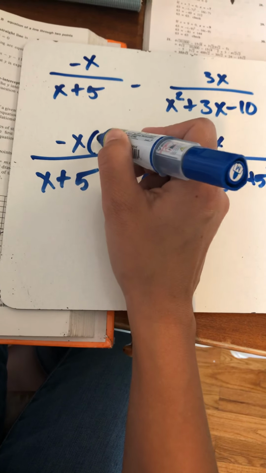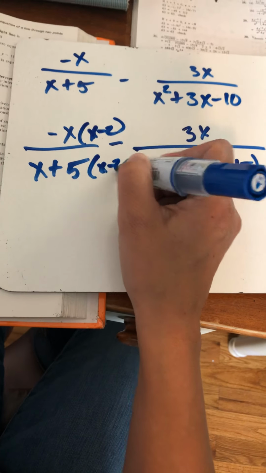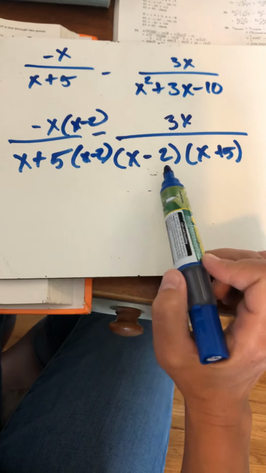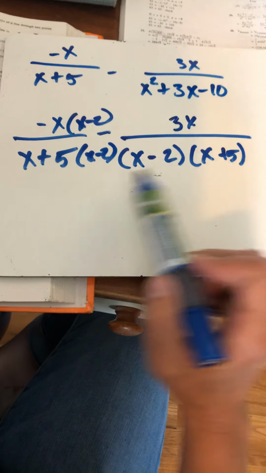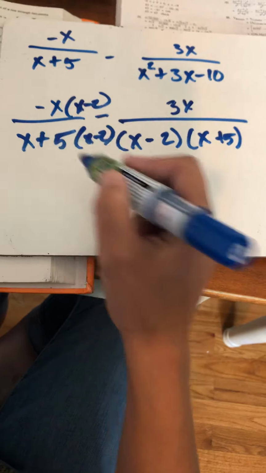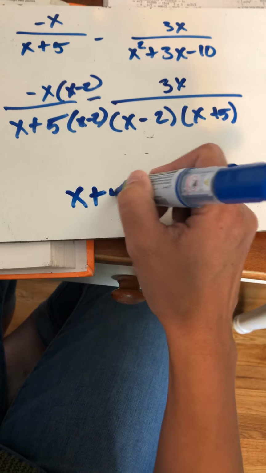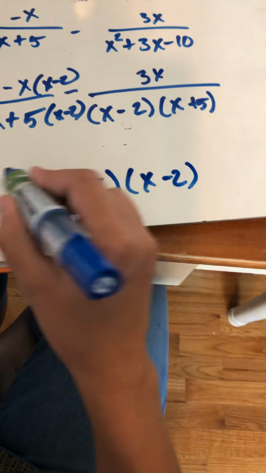That will give me x minus 2 on the top, multiplied by x minus 2 on the bottom. Now this is x plus 5 times x minus 2, and this one is x minus 2 times x plus 5. Now they have a common denominator, so I'm going to rewrite this over x plus 5, x minus 2,